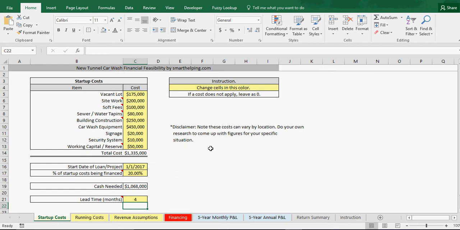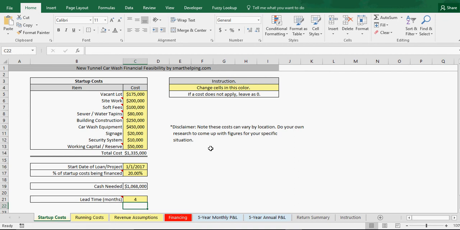So that's the one where you build this kind of elongated tunnel, and the car gets on the track, normally, or you could have them just drive through, but normally it's just a track and it pulls them through different stations and cleans their cars, and you have different pricing levels that they can pay, maybe 6 or 7 depending on what kind of services they want. So first we have our startup costs,